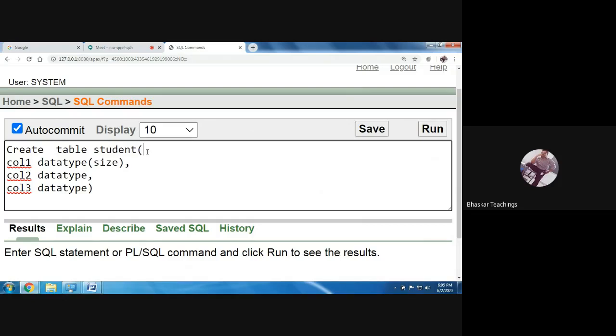Fine. So bracket open. Here you can write everything in a single line, or you can move to the next line also, based on your convenience. No worries, it will accept the syntax. Now what are the column names? Assume you are going to have three columns in our table: student ID, student name, and student age.